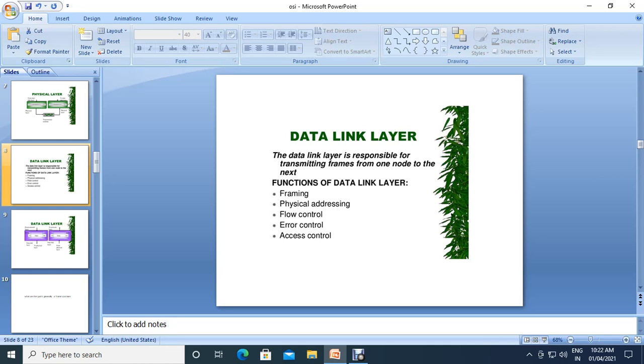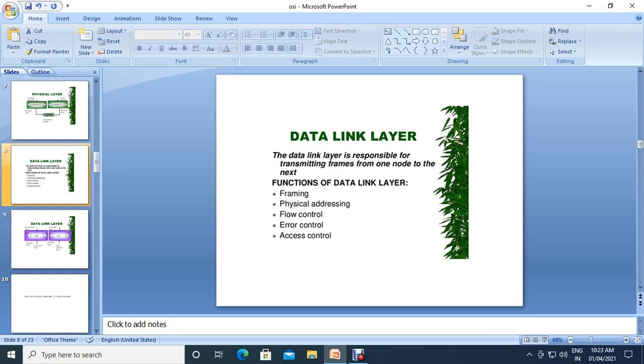So, that is the function of the data link layer. Flow control means when we are sending information on the network, different systems are using different architectures. For example, the sender machine is much faster than the receiver machine. The sender machine will send the data fast, but the receiver machine is slow, so overflow will occur in the receiver machine. That flow control is managed by the data link layer.